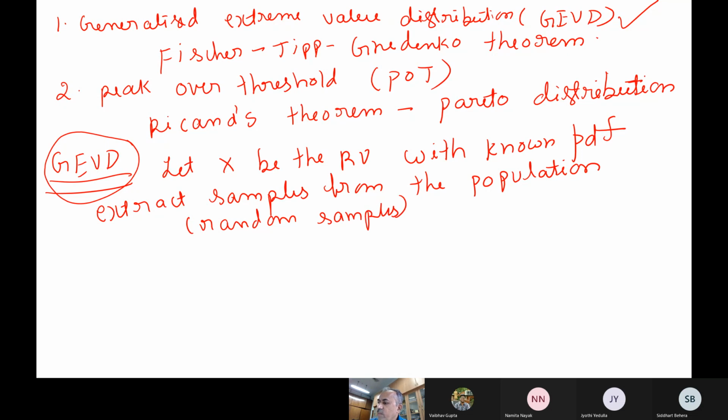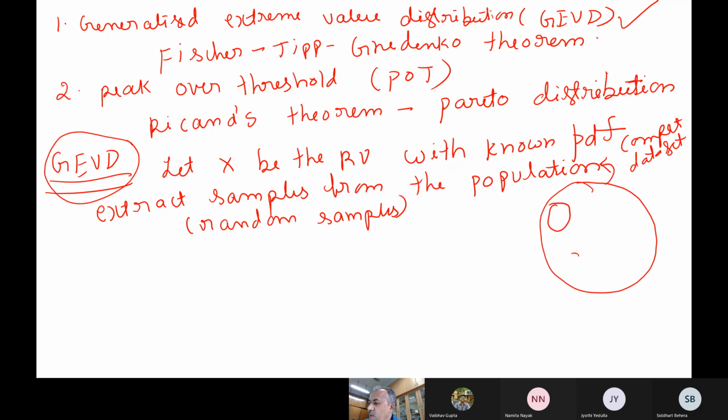For example, I have 1 lakh or maybe 2 lakh data points, a huge data set. The complete data set we call the population. So let us say a large data set, 1 lakh or 1 crore samples are there. Now from this population we are drawing random samples. If you have a 1 lakh data set, you make samples of 500. At a time you pick 500 numbers from it, one sample, then another 500, another sample, like that you create so many samples.